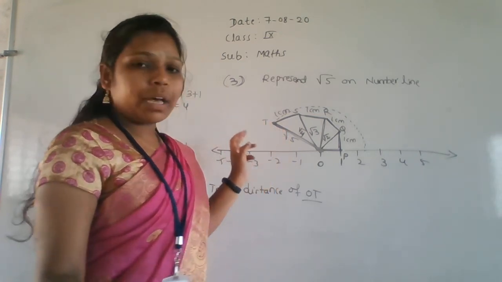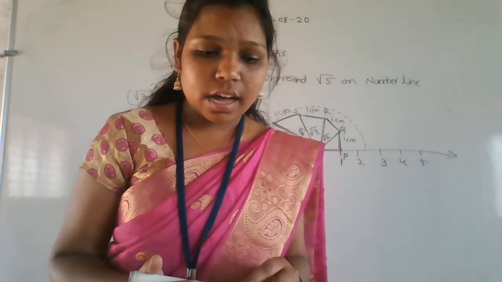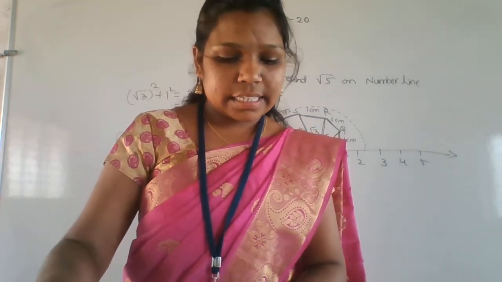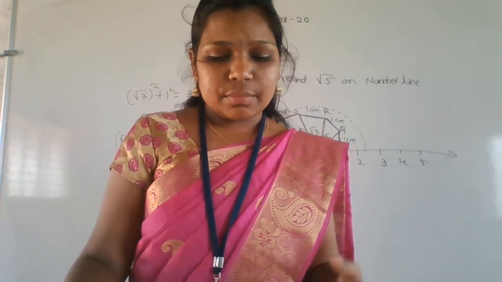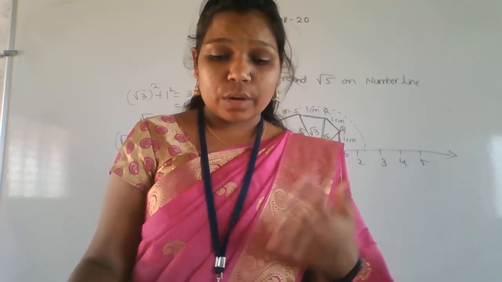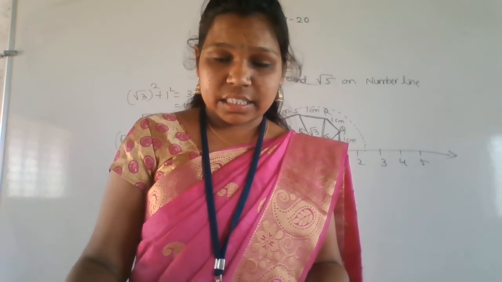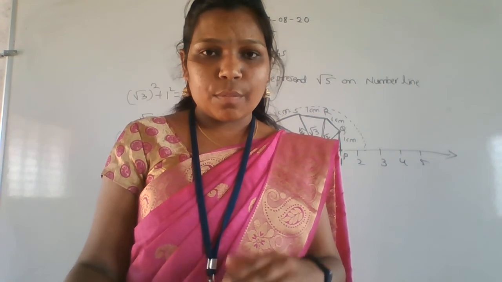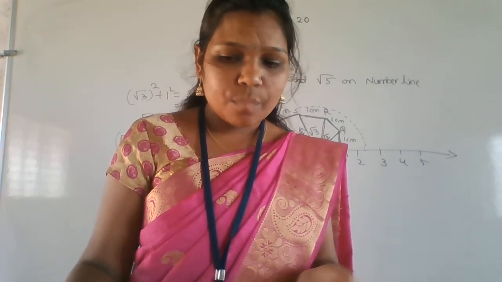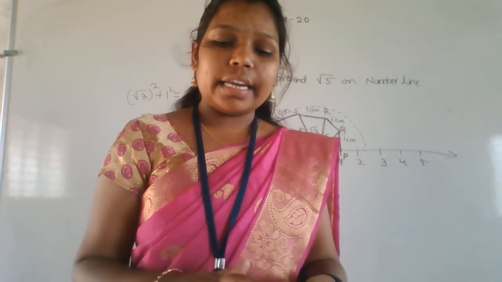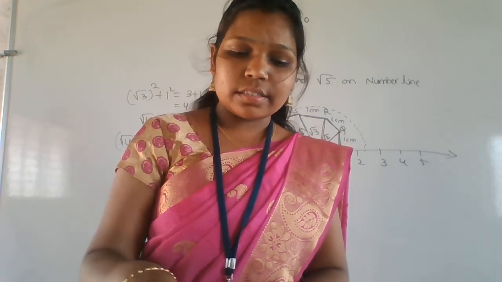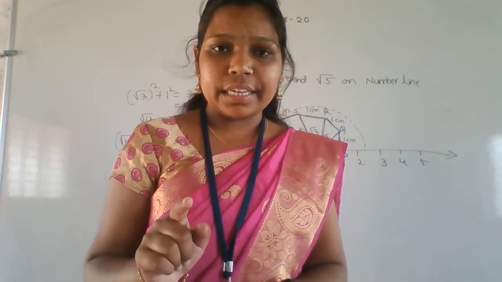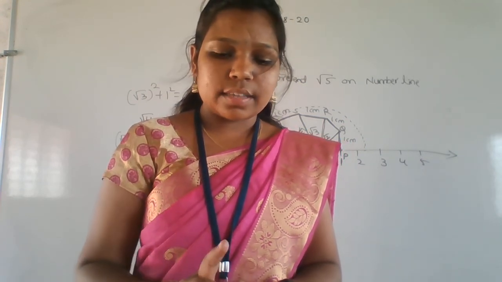Okay, so I hope everyone understands what I am saying here. So today we'll finish exercise number 1.2. In the next class we'll study about the real numbers and the decimal expansion, how to convert the decimal expansion number into the form of p by q, and if the number is in the form of p by q, how to convert it to decimal form. All those things we'll study in the next class. Homework is to solve exercise number 1.2 in your HW. Okay, that is the homework for you people.